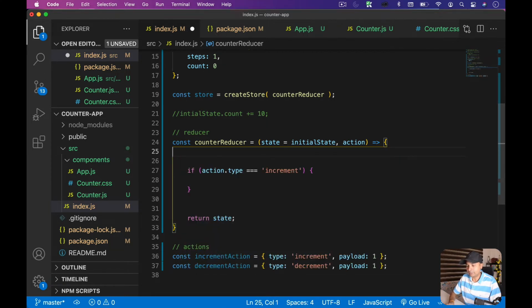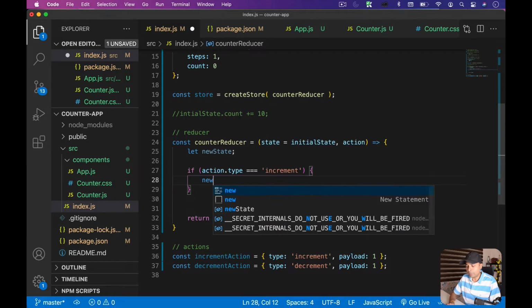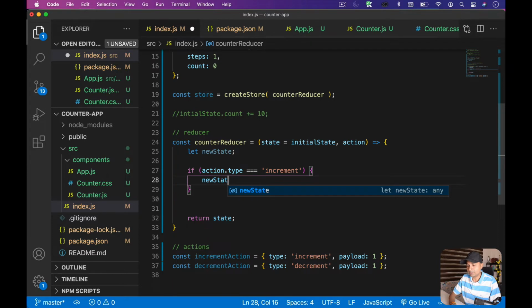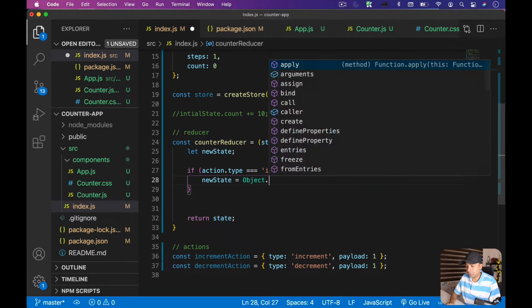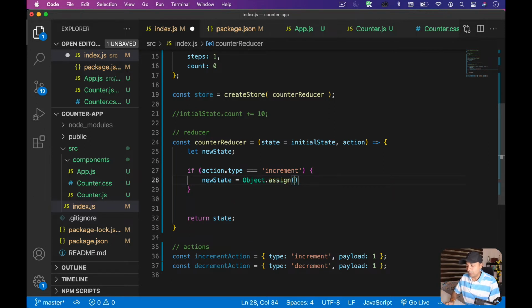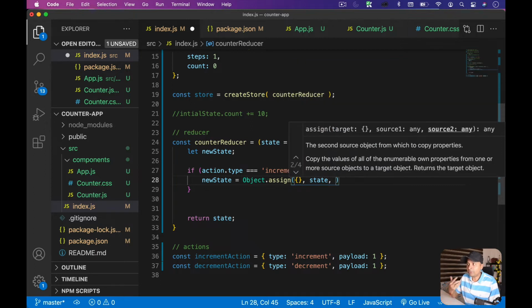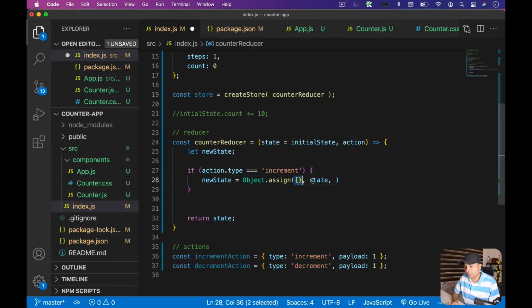called let newState is equal to, initially I'm not going to assign any value, and basically what I'm going to do, I'm going to create a new copy of my state first. newState is equal to, I'm going to use Object, as in this case my state is an object. I'm going to use Object.assign, which creates a new object. So I'm creating a new object using the existing state value, and I